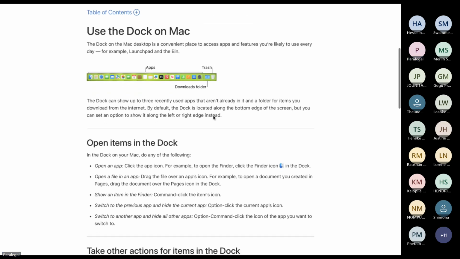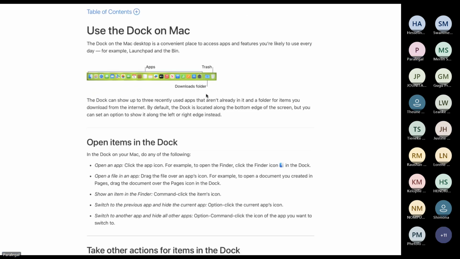It is on your right by default. The downloads folder will always be there. The downloads folder is the folder where, if you download anything on a MacBook, it goes under Downloads. It's a default setting, unless you change the setting to say, if I download things, they must now go